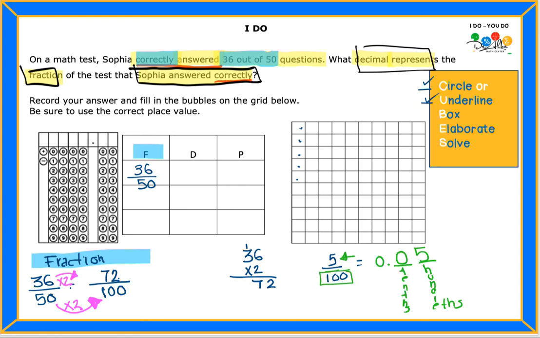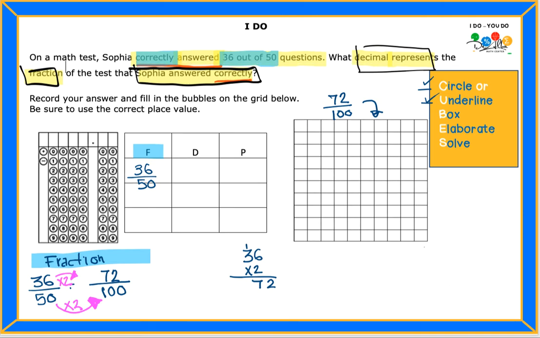Why do I like this one? Because I can represent this fraction, the fraction 72 over 100, in this grid because the total is 100, but I want to highlight 72 out of this. And I'm going to erase this information here. Remember, I gave you this information only to remind you how place value helps us. Okay, so let's see how the fraction 72 out of 100, which is equivalent the same as 36 over 50,